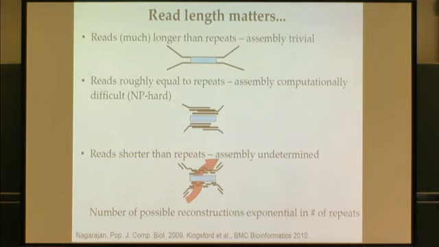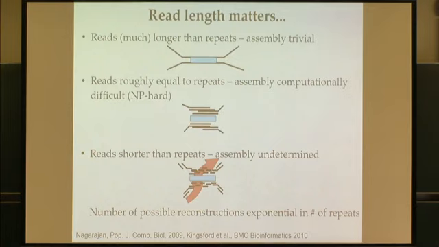At the other extreme, we have the situation where reads are much shorter than repeats. That's the picture I showed you, the Mycoplasma genitalium genome, where the reads are shorter than the majority of repeats, and so you have many possible reconstructions of the genome. It's not that the assembly is hard, and we can say it's NP hard. Even in that case, essentially the sequencing experiment does not have enough information to reconstruct the genome, and that's the problem that we have. So essentially we have a lack of information,